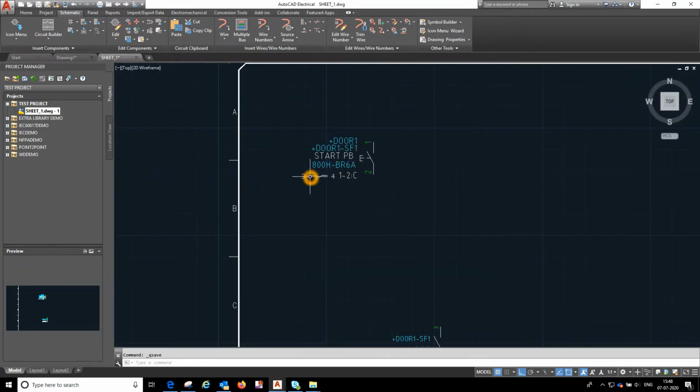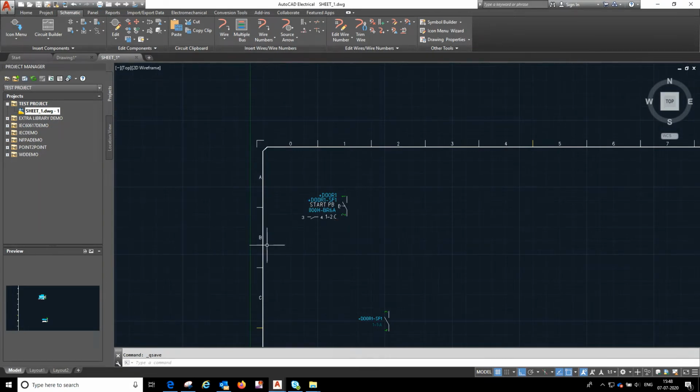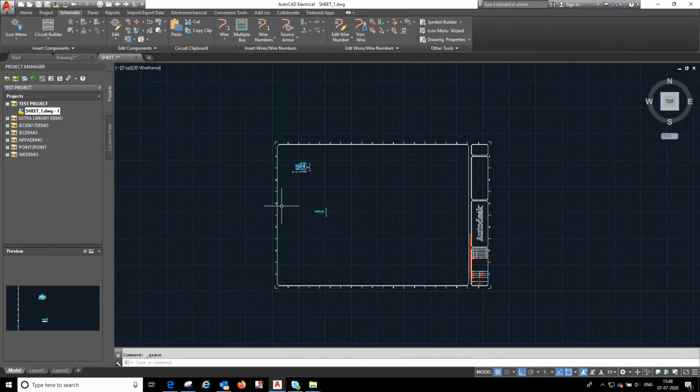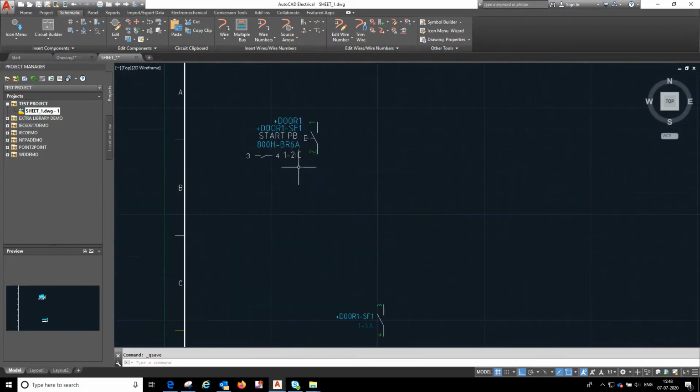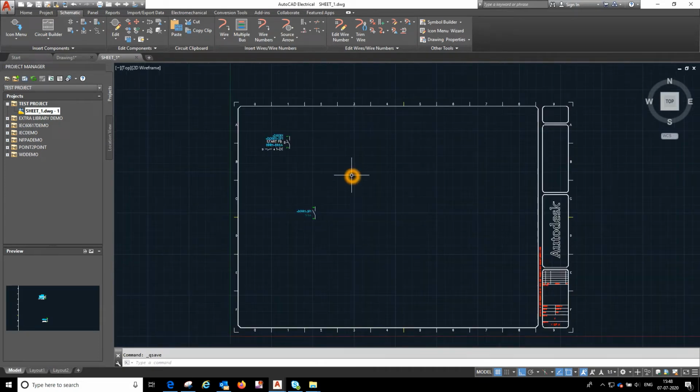We can look into this here, and this tells where the child component exists. See, this is the child component 3 4 and the pin number, whereas 1 is the page number and 2 is the row, and C is nothing but the column. See, here it is available C and 2. You can see here 2 column row. So this is how it looks like.